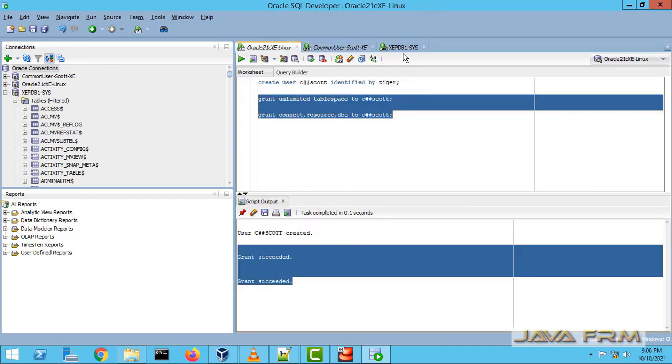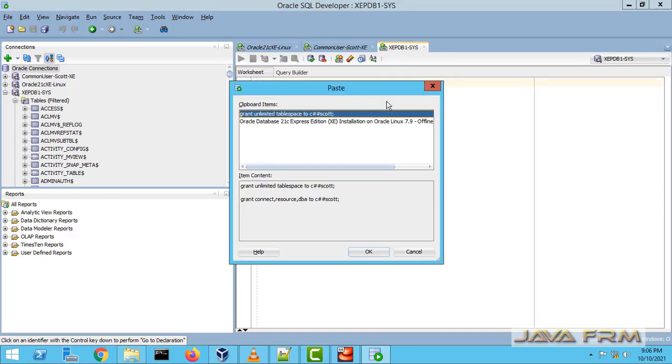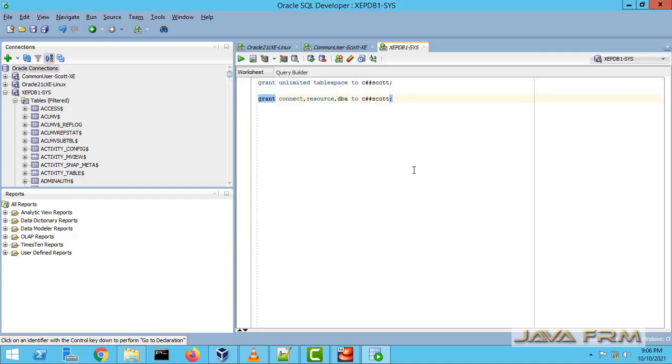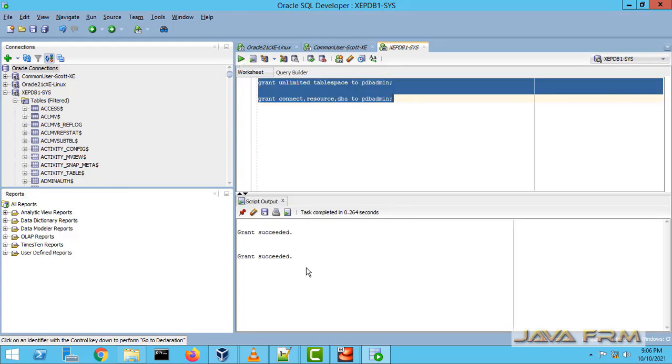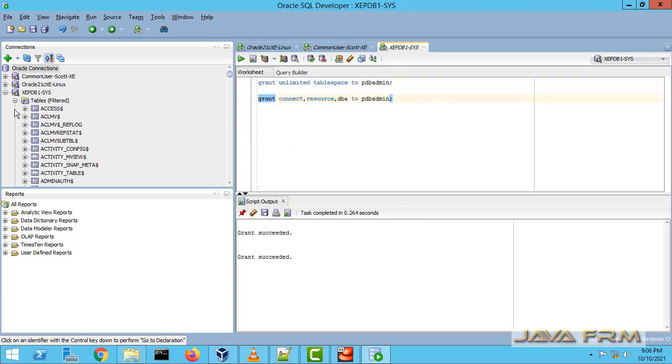The PDBADMIN user is available by default, but I am going to grant some privileges so that you can create tables inside the pluggable database. Same syntax only. Grant unlimited tablespace to PDBADMIN and grant connect, resource, DBA to PDBADMIN. Execute this query. Yes, grant succeeded.